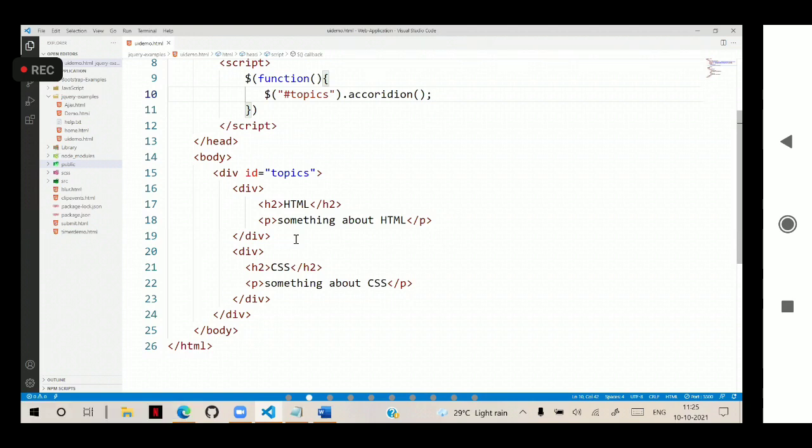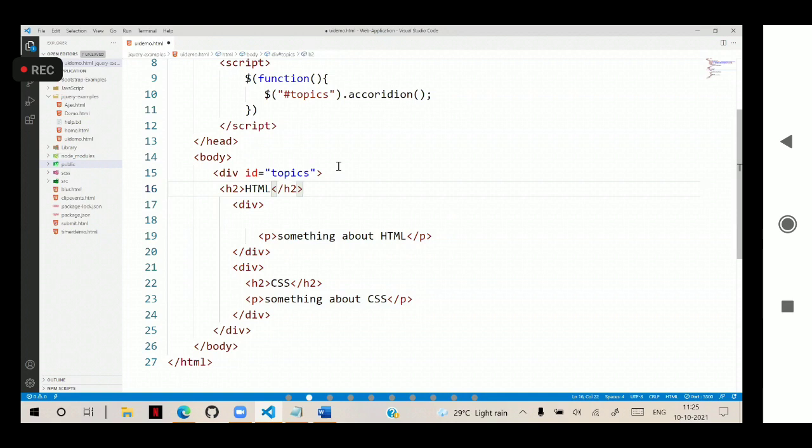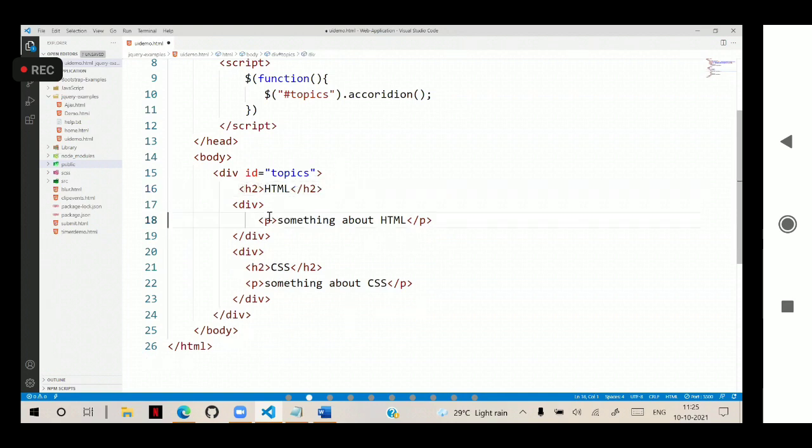Presentation order means, I will tell you. Suppose the presentation order is nothing but, under this topic, you want some information. Then simple, what you do is put a heading. Under that heading, you keep the divs. That means you have to keep it in this way. Let's keep this first. This is the topic actually. So this heading we will keep at the top. Under that we will put a div where we will have something about